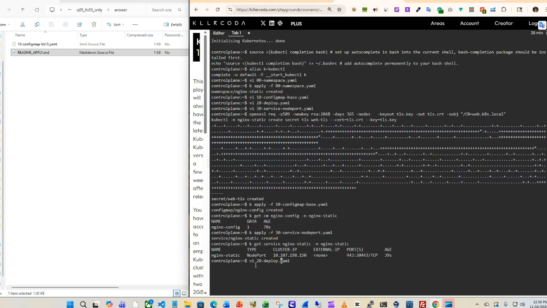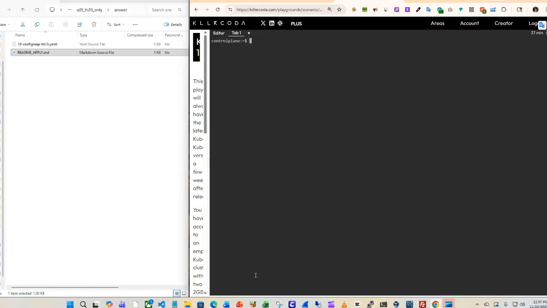Okay, this is our deployment file. Apply dash f. Our deployment is being created. You can see this is a deployment. So we can go ahead and also test our deployment. Let's clear and k get deploy